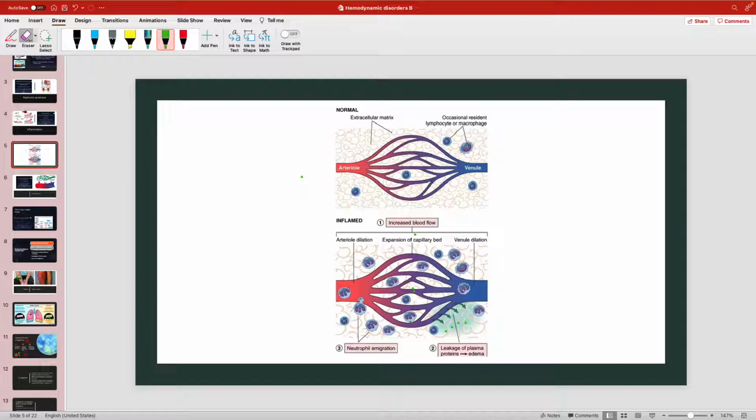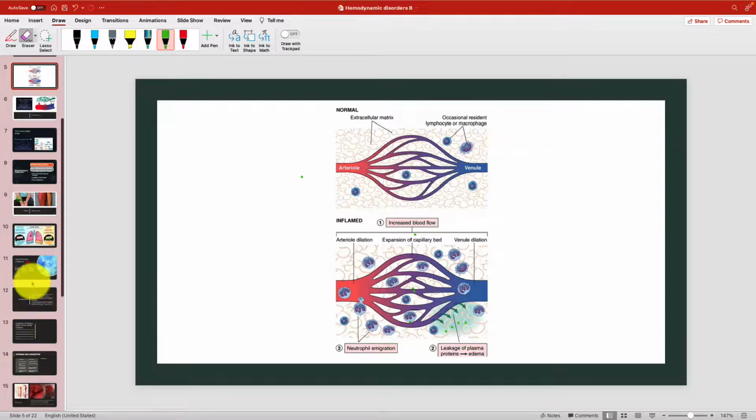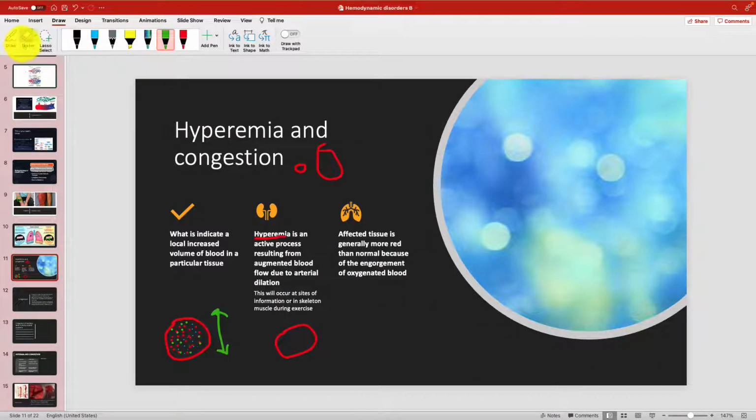So that's where congestion can occur. This can impair the tissue, impair blood returning, cause heart failure, and cause isolated venous obstructions. So when we have congestion, an impairment of movement, that leads to complications